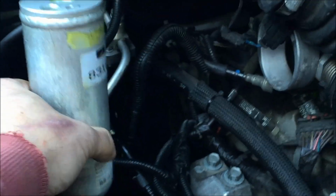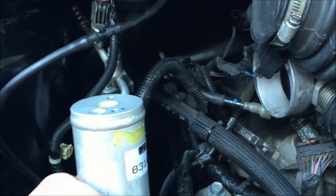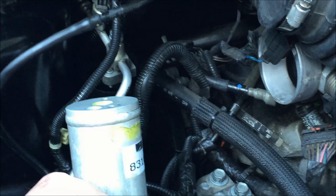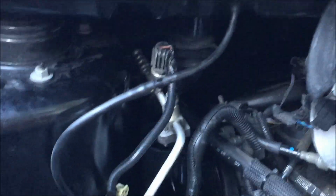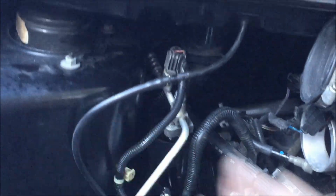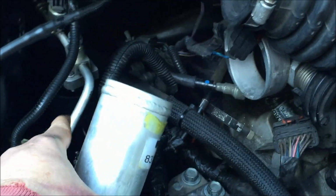the filter dryer was installed in there. I did a video on pressurizing my AC system this year. So I'd replaced the filter dryer, recharged my system. So what I did was I took this car in. I had the AC refrigerant vacuumed or recovered out of the car, because